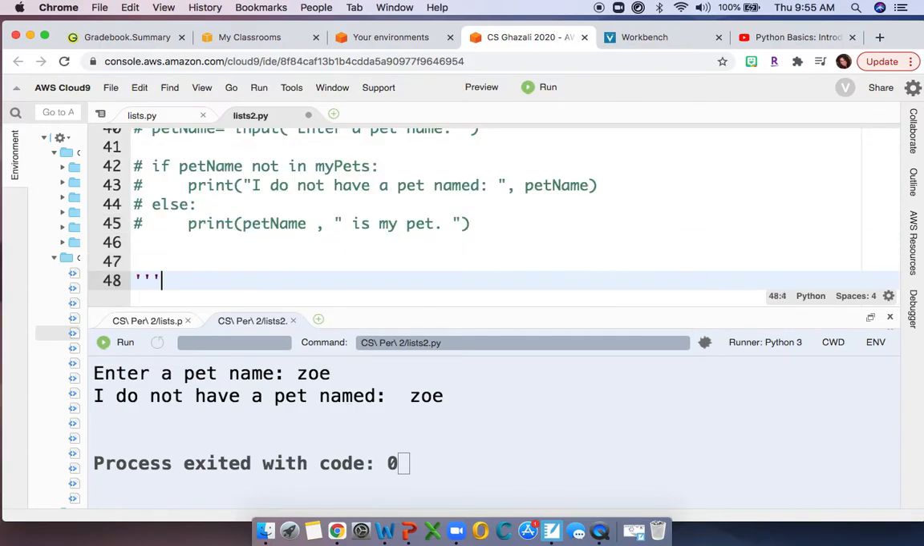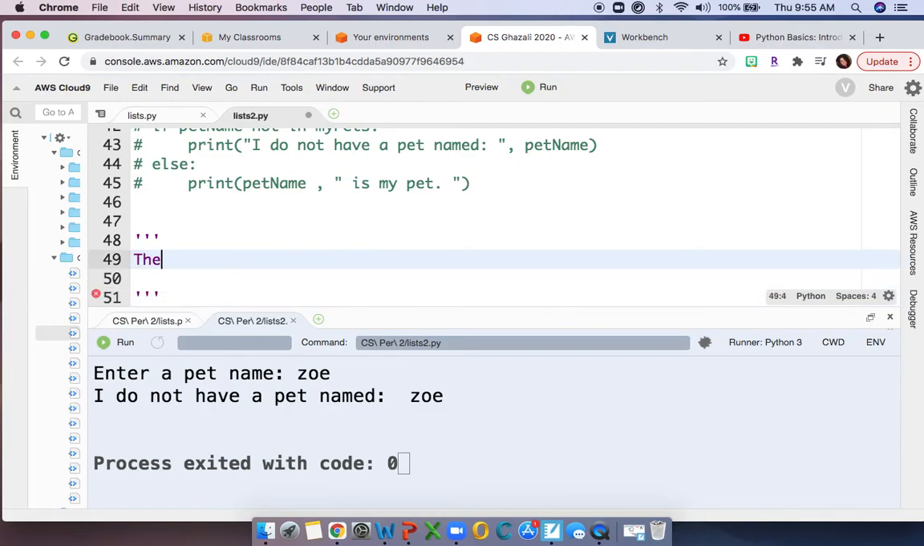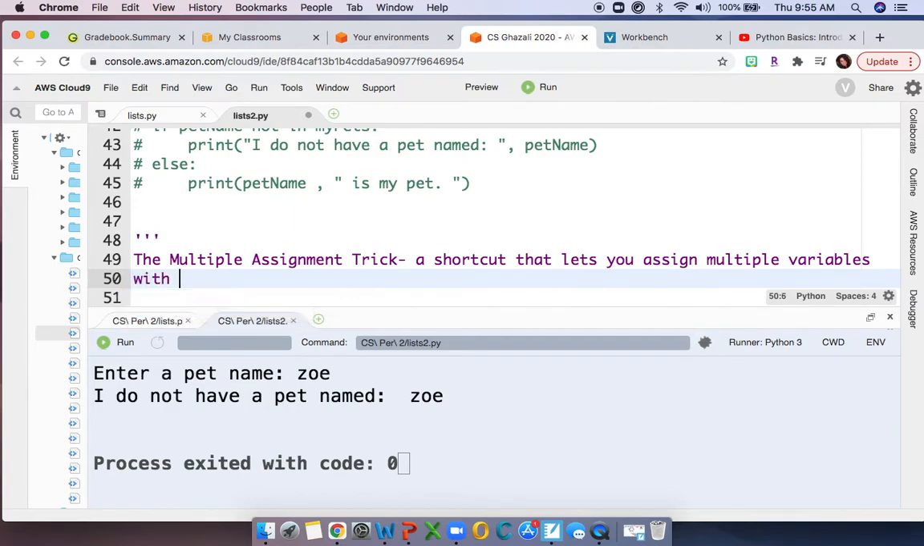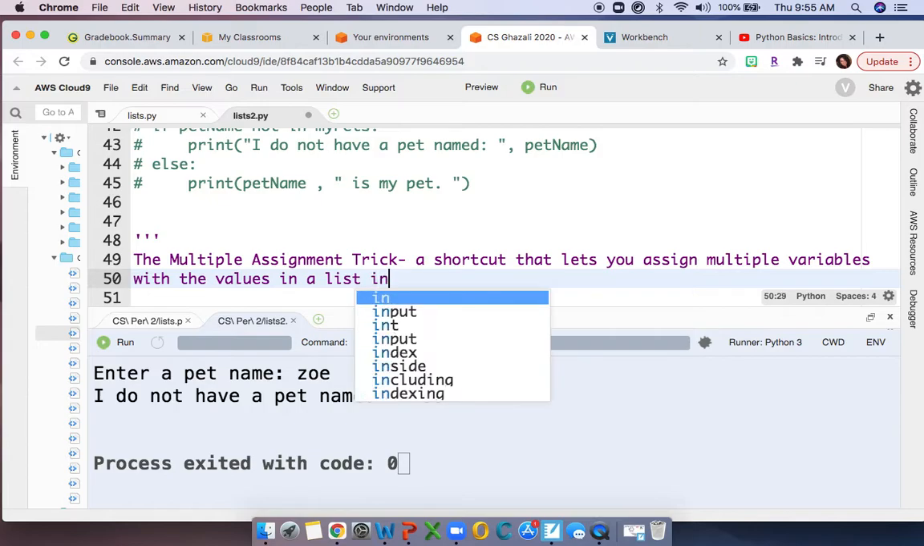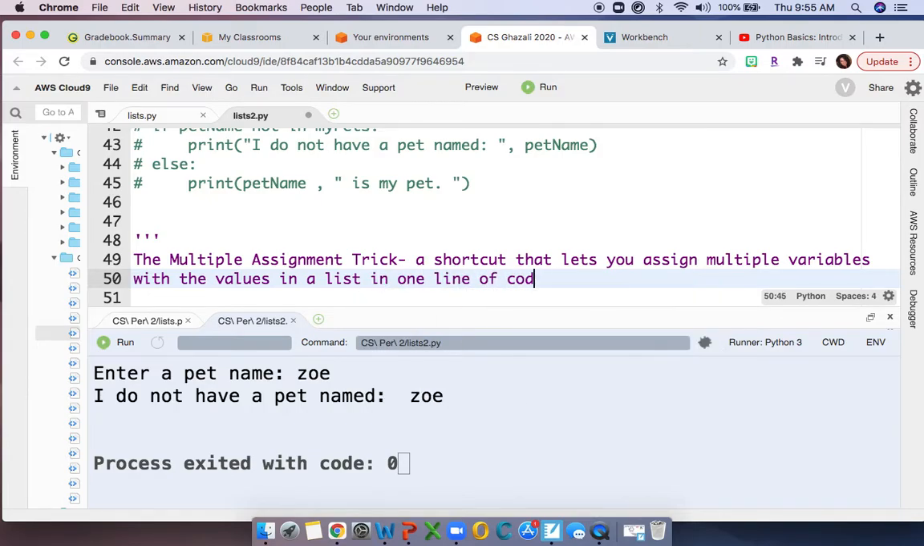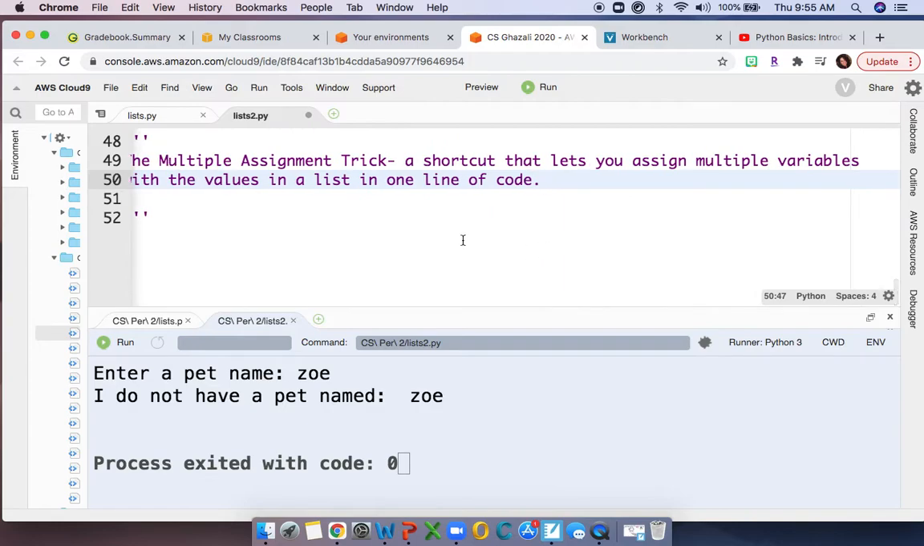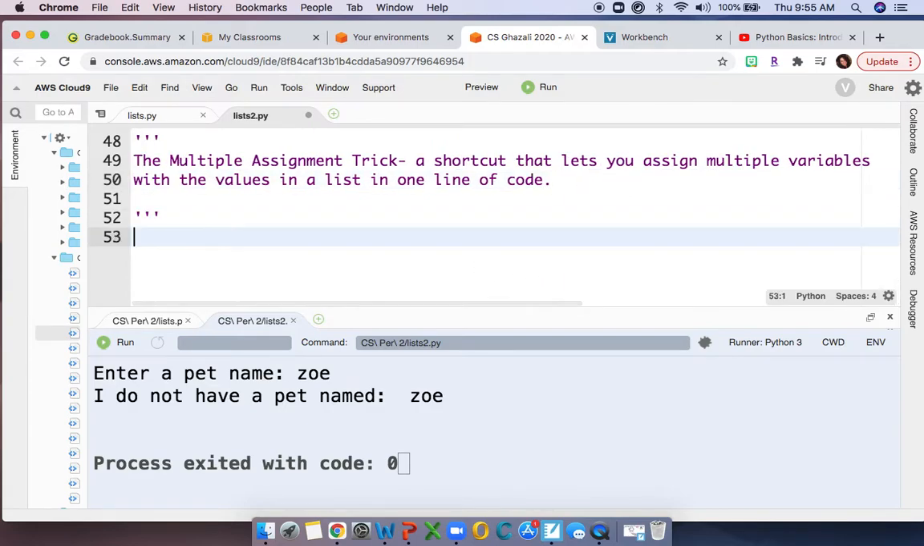So this is called the multiple assignment trick. And this is a shortcut that lets you assign multiple variables with the values in a list in one line of code. So this is going to make more sense in a little bit. So instead of doing this,